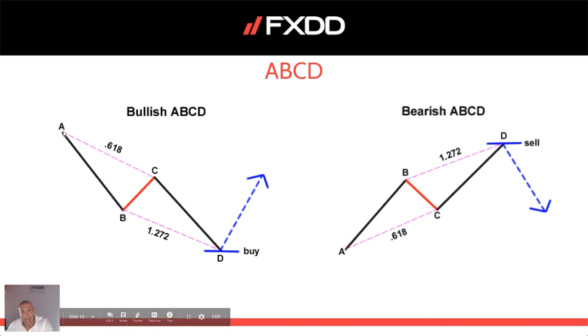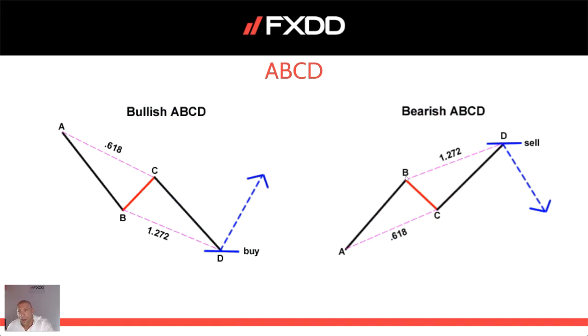You see there is an A, B, C, and D. From A to C, we see 0.618. From B to D is 1.272. How you actually derive those ratios is just by placing a Fibonacci retracement indicator, and you will see that from point A to point B and point C, this is actually 61.8. This is 1.272. For all these patterns, we have these ratios, and that is what is very important for you